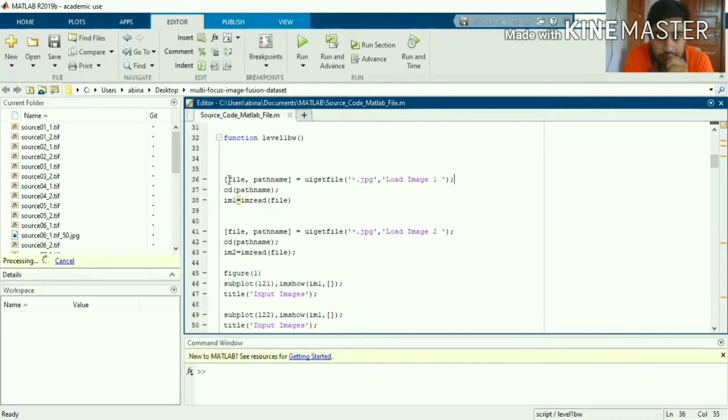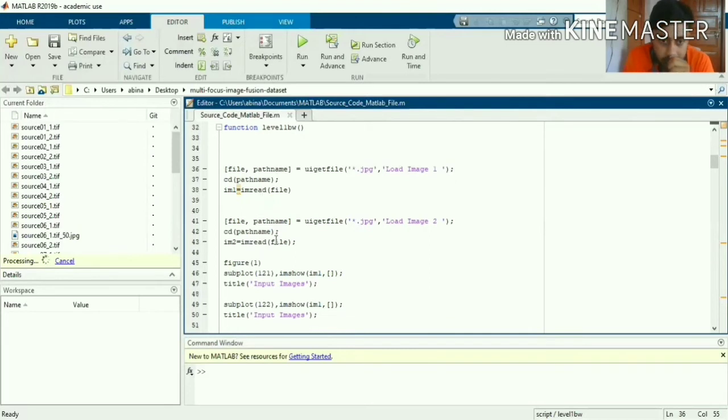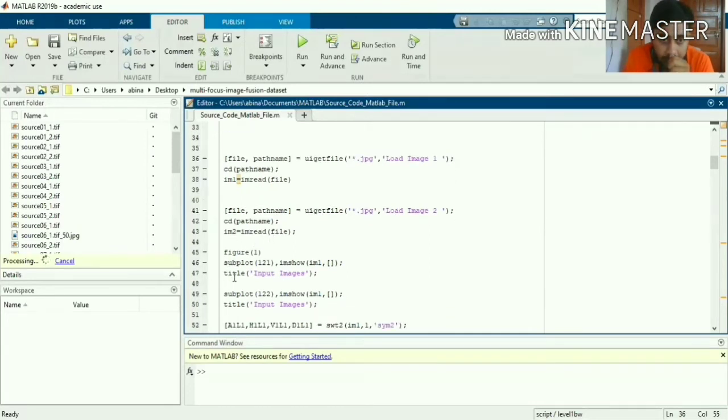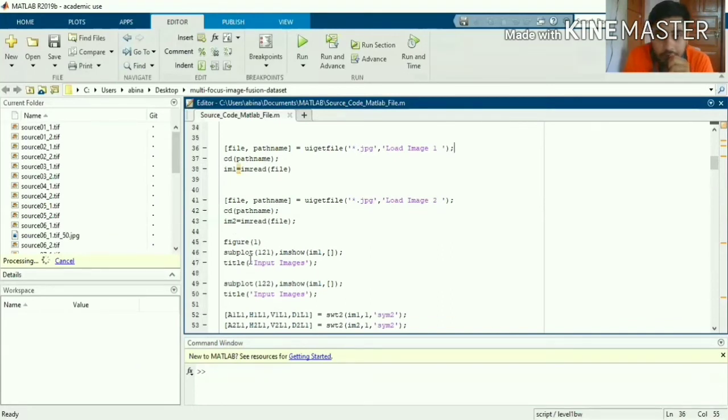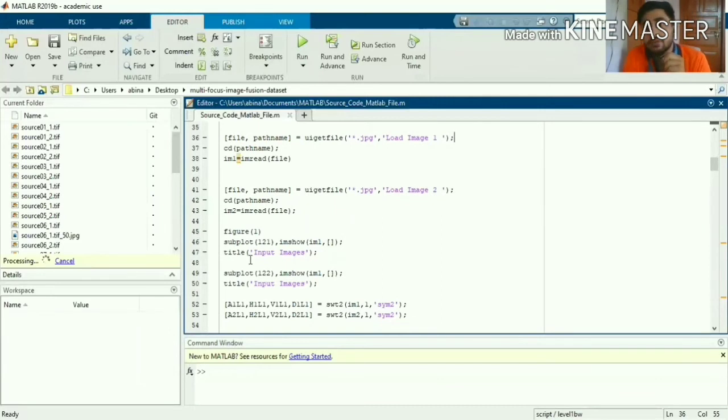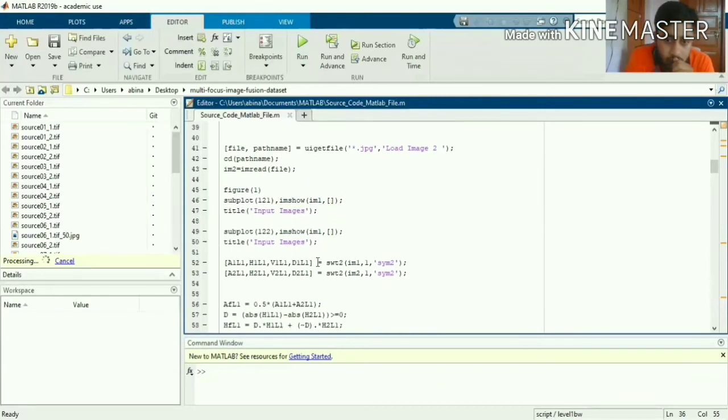This is the first image, and similarly this is the second image. These two will ask for both of our input images, and here we are plotting the input images to analyze the accuracy against the output. This is the command to transform our image.